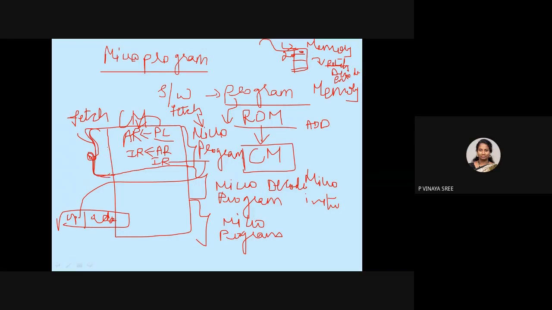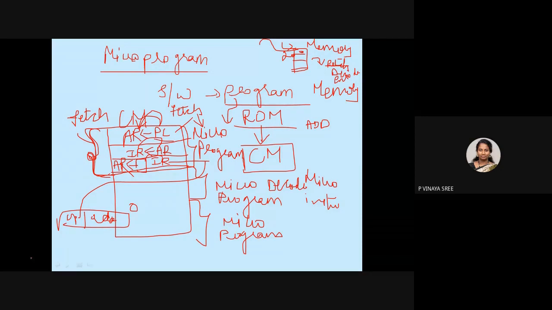Inside a fetch micro operation you will have micro instructions. See here, this is your micro instruction, this is your micro instruction, and this is your micro instruction. Let us consider 3 micro instructions. First, we place the program counter contents into the address register, then into the instruction register, and from the instruction register we again place bits 0 to 7 into the address register.